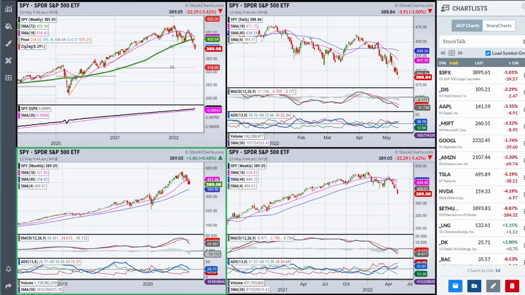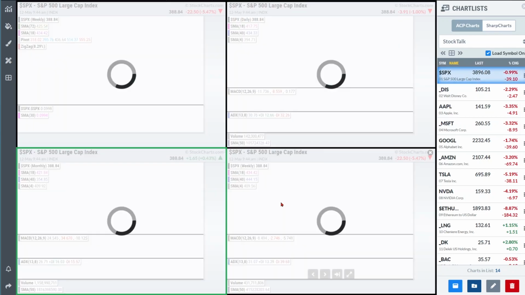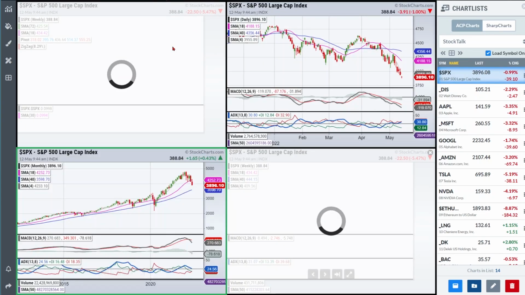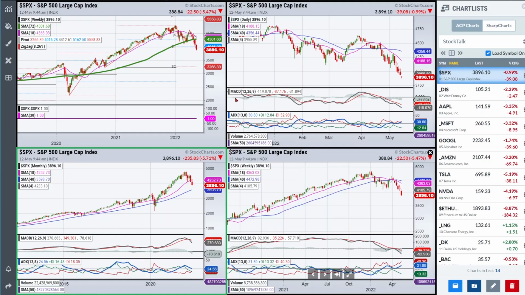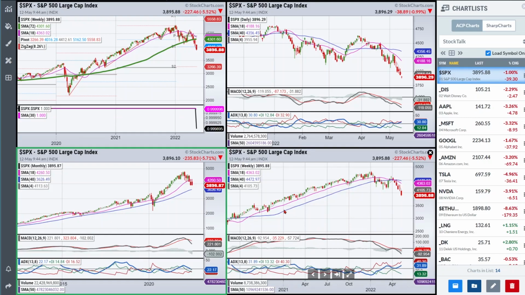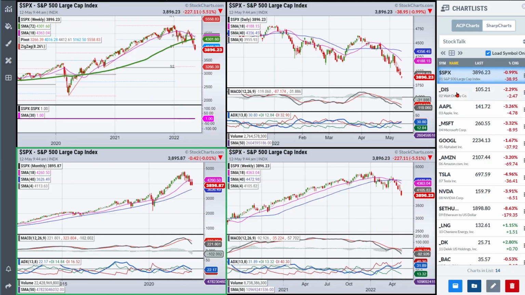Okay, so as we get into the stocks, I've got my 4 charts back up here, and I'm going to start with the S&P. And I figured I'd give an update on this just based on what's taking place in the market right now. And then I am going to talk about Disney. I like to pick out something that was newsworthy. They just came out with earnings, and just talk about that a little bit. I was going to go through the QQQ, but I decided to take some of the biggest stocks in the NASDAQ 100 and go through them.